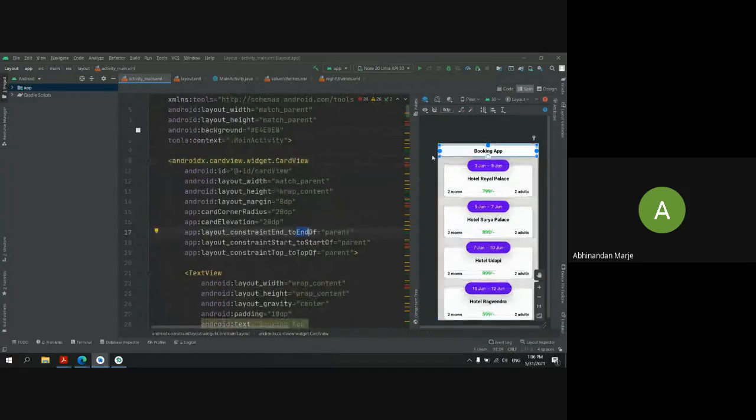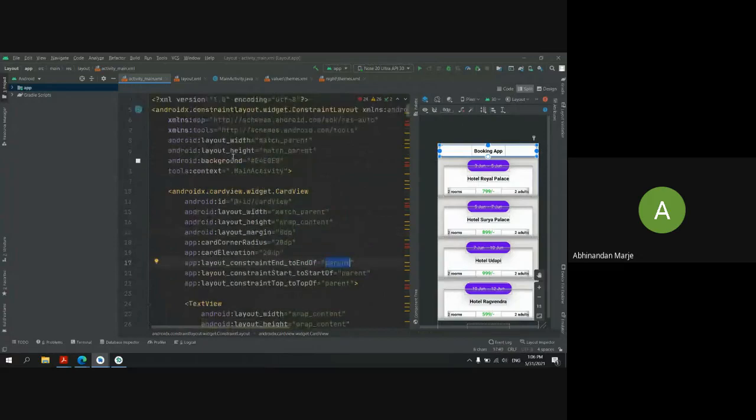You can mention it as left constraint and right constraint, but it is good to use end and start. So this is the starting point and this is the ending point. Where I want it, I want the end constraint to the end of my parent view. So I am constraining the end to the end of the parent.